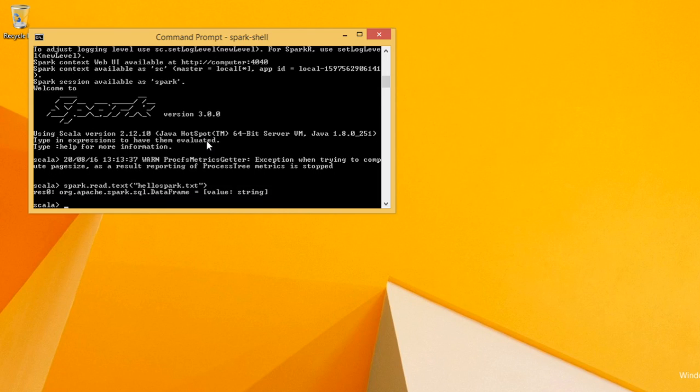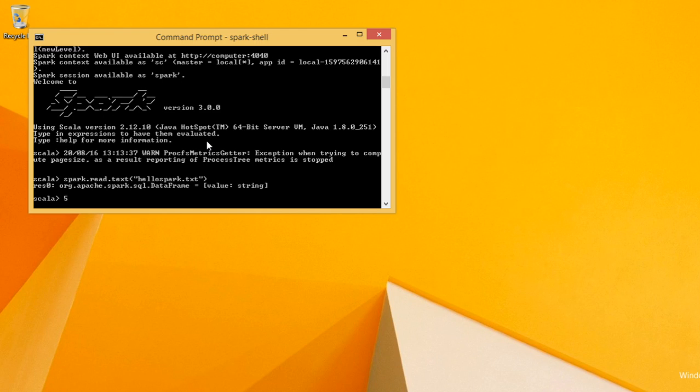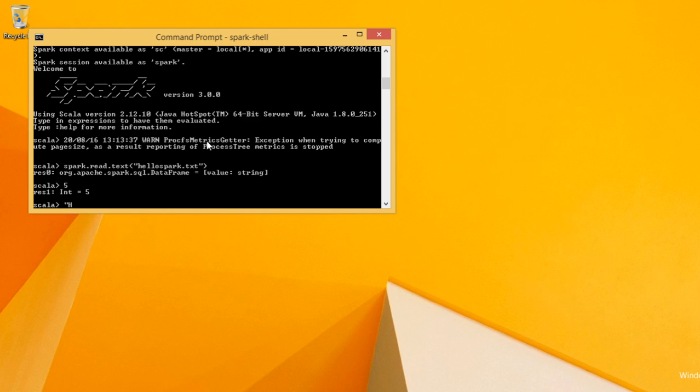It's trying to read the file, and it created something like a res0 with org.apache.spark.sql.DataFrame, and it says value and string. So what does this mean? Let's see when I type something like 5 or hello.